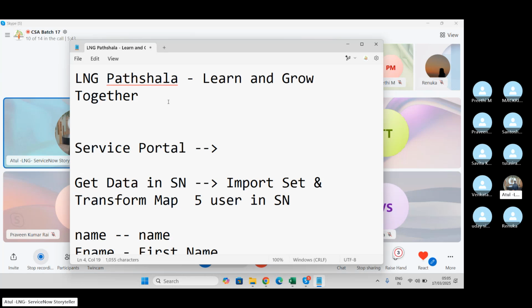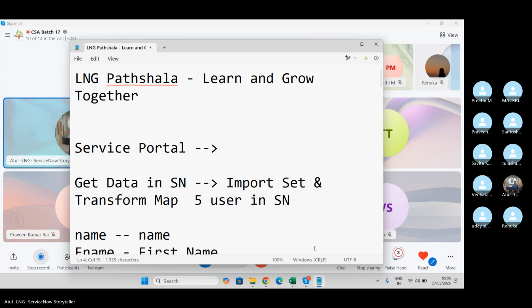The charges and everything will be taken care of by your project or your manager. That is a different thing. So to order that thing, you need some interface, and that interface in ServiceNow is called the service portal.